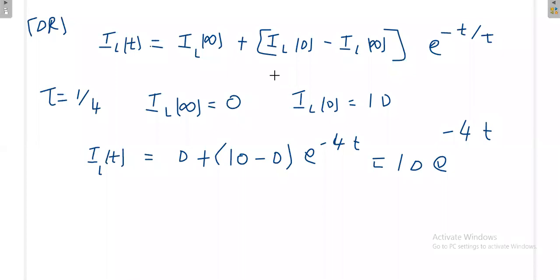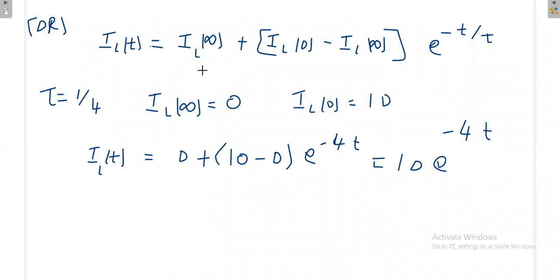In the next class we will see the step response of the first order circuit. We will take the first order RC circuit and apply the step input. Step input is the input that will start at t equal to 0, then goes up to infinity. Then we will see the response across the capacitor. Similarly, we'll take the RL circuit, apply the step input, and see the response in the RL circuit also. There also we'll take different combinations with the voltage source and the current source, and finally we'll see what the response is.